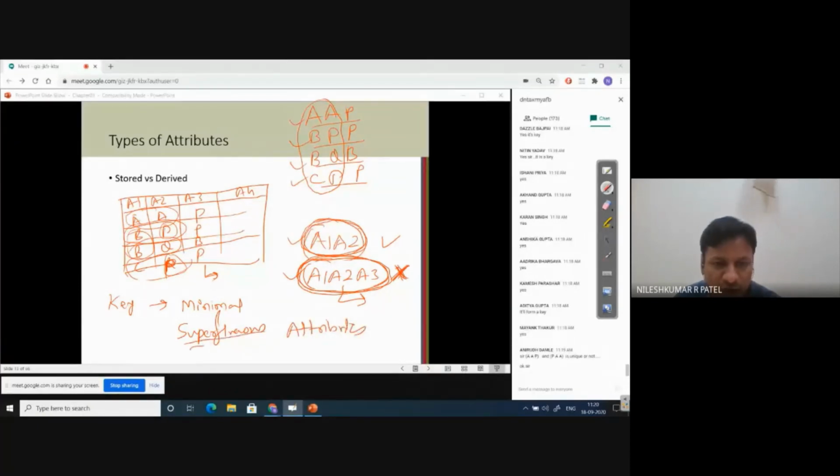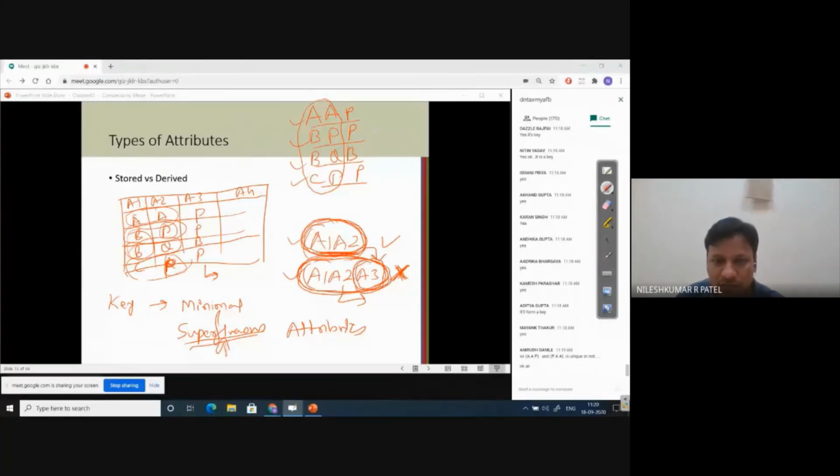एक्स्ट्रा एट्रीब्यूट कोई नहीं होना चाहिए या अननेसेसरी एट्रीब्यूट नहीं होना चाहिए. यहाँ पे सुपरफ्लुअस एट्रीब्यूट कौन सा है? A3 है. So if there is no superfluous attribute and if the key is minimal, means what? If we are able to uniquely identify every record with the help of A1 and A2, why are we adding A3 into it, right?